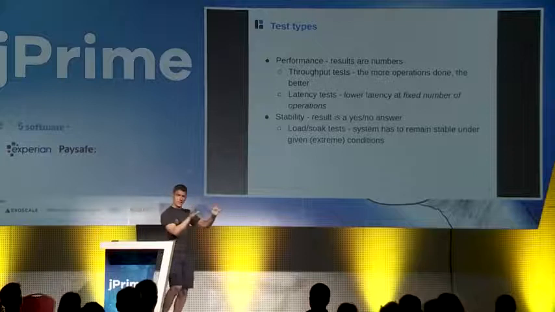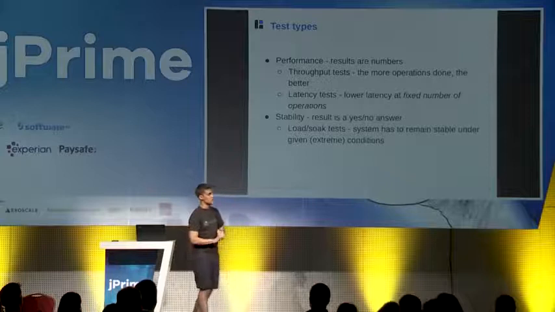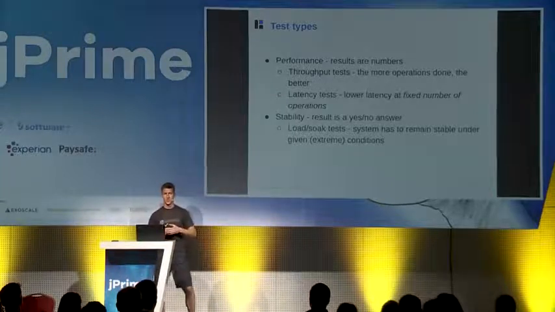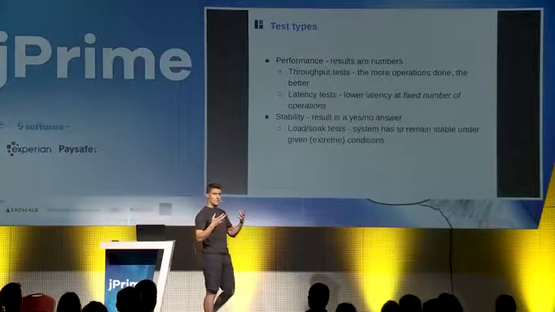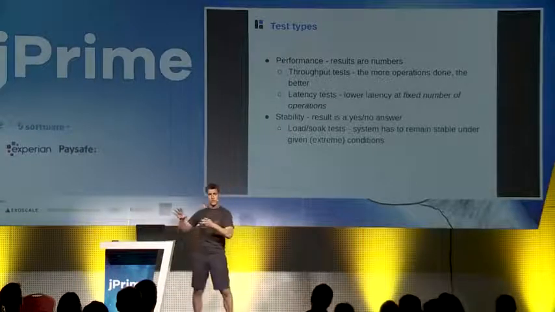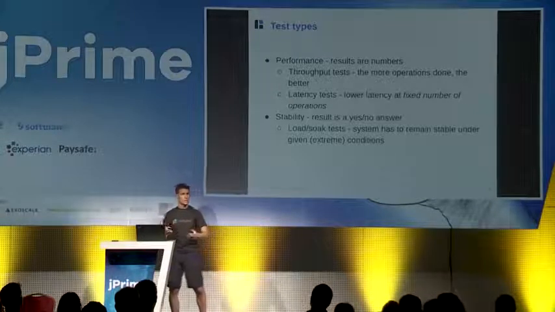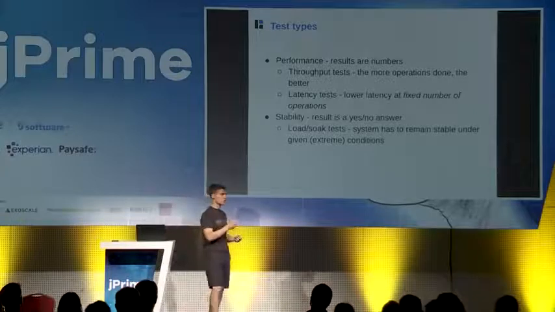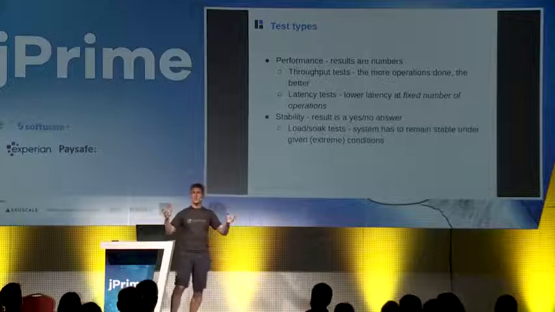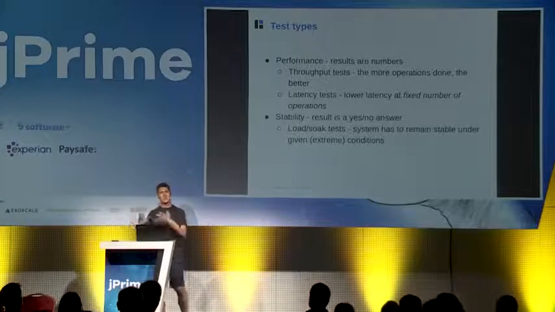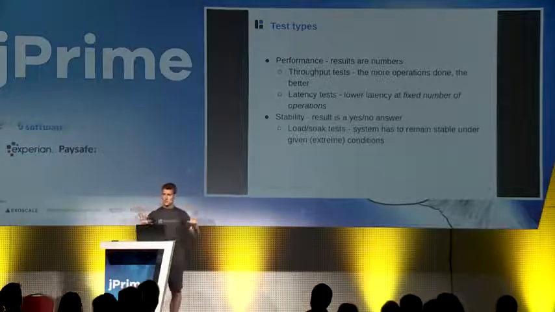And there is another category, I call it stability testing, but it's also in some well-known literature. The output of that test is when we're trying to push the system to the limits, and we're observing whether it's stable, if it can hold up to that particular load. And the answer is yes or no. Okay, the system will remain stable. Or no, the same system will crash, the JVM will crash, we have a memory leak, whatnot. So these are the basic divisions that I will be